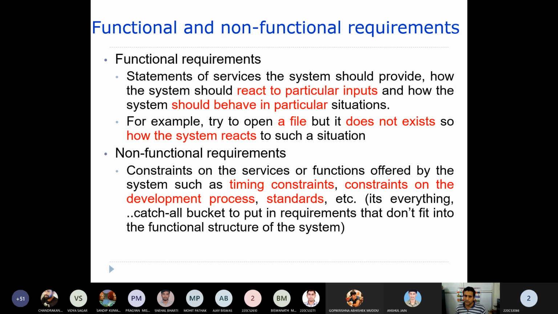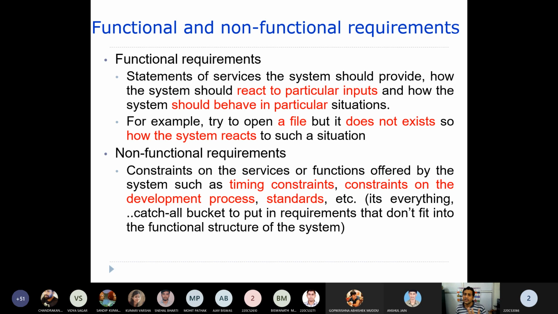Okay, so this means this is a functional requirement. So this is one service provided by the system. Now along with these reactions, you can see, when the file is opened, how this particular service is going to behave. Let's say you are going to open a file, and this file doesn't exist. This file is not there in the system. So in that case, how is the system going to react? That should also be handled.